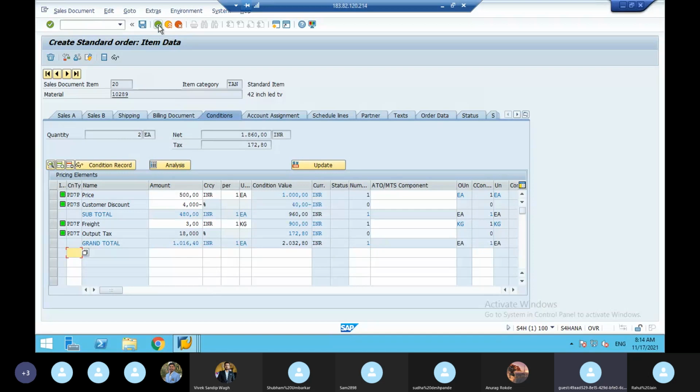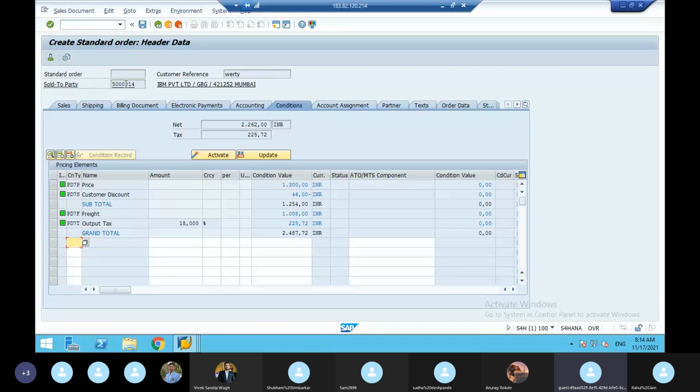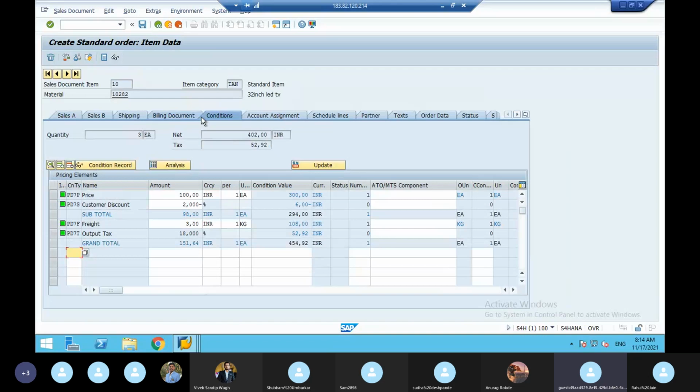That means header conditions will have only customer related total price, whereas item related is called item condition. When you double click on the material number and go to the condition, this is called item condition.